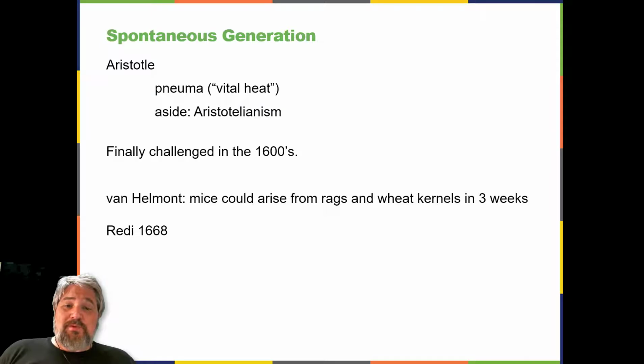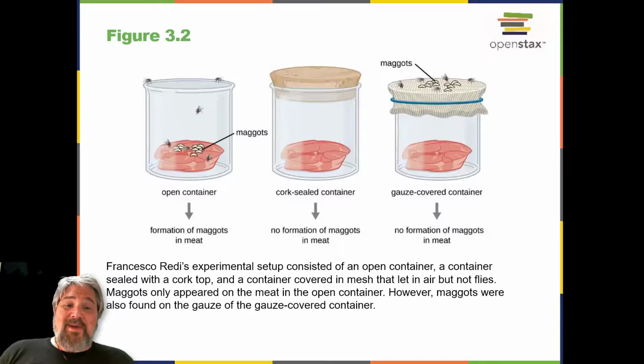one of the first to refute the idea that maggots, the larvae of flies, spontaneously generate on meat left out in the open air. He predicted that preventing flies from having direct contact with the meat would also prevent the appearance of maggots. Redi left meat in each of 6 containers, so there were 2 of each of these, or 1 replicant for each condition. 2 were open to the air, 2 were covered with gauze, and 2 were tightly sealed.